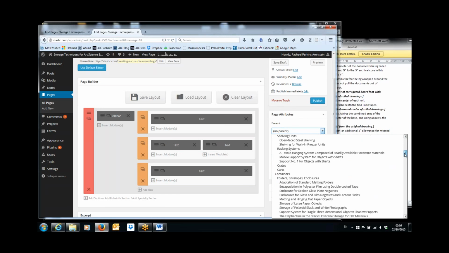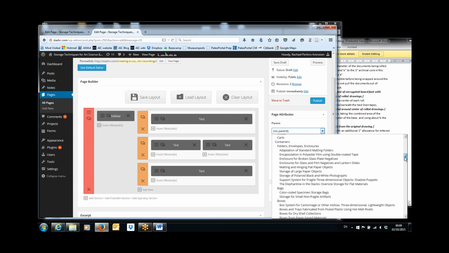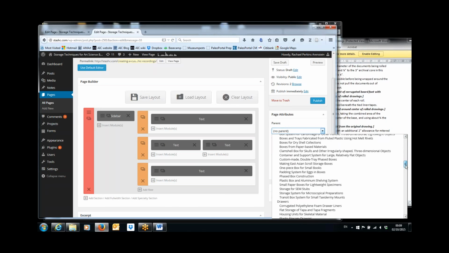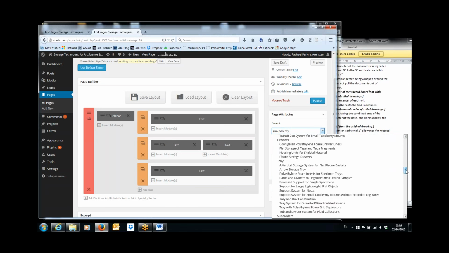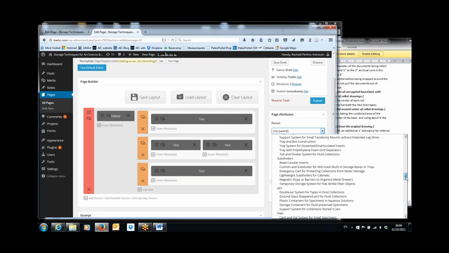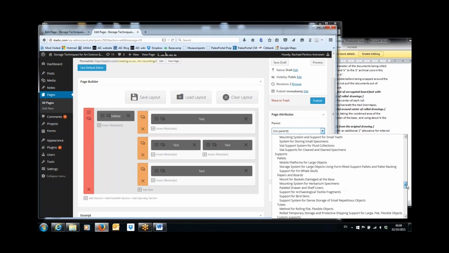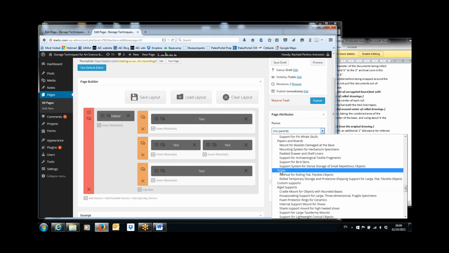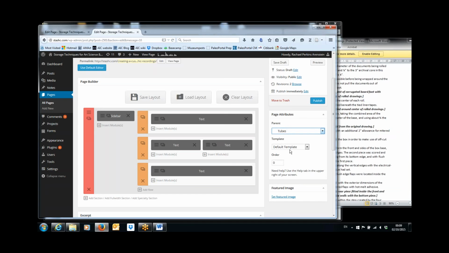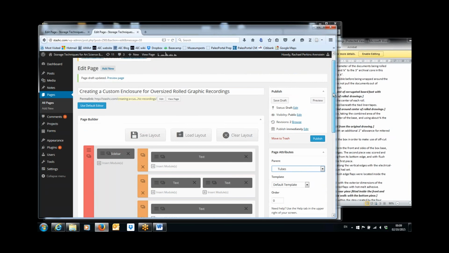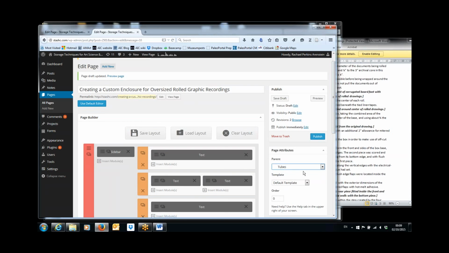This is, I believe, boxes, doors, subdividers. I believe this is a tube system. So we're going to choose this, and we can always come back and change it later if we find that that was not really the placement. We can only choose one,